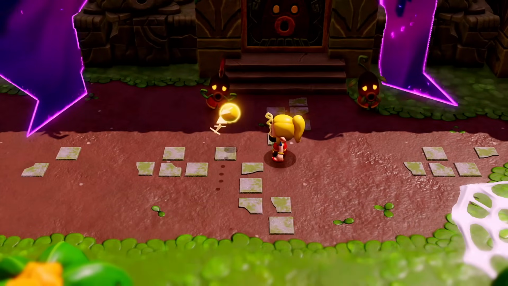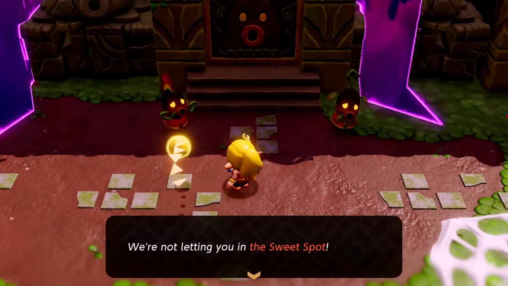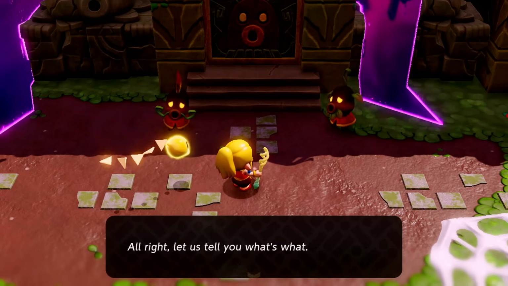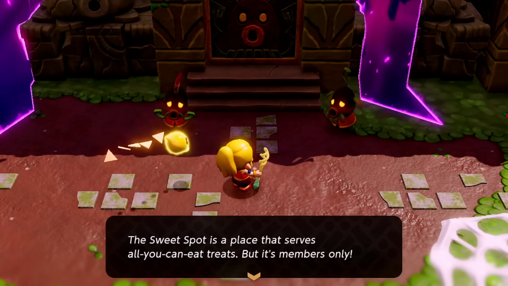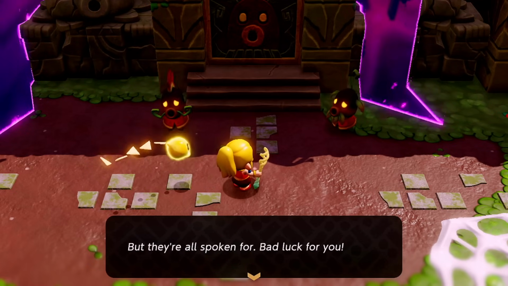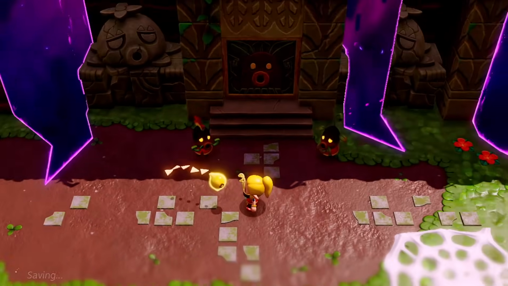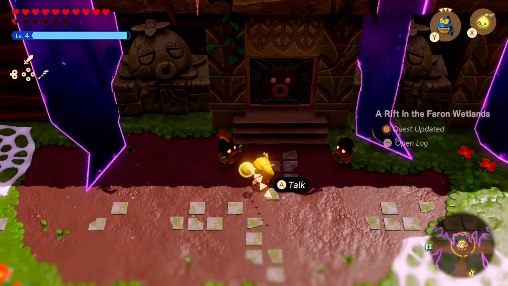You wait here, I'll go in and see if I can make an entrance. Hey you, what are you standing there for? We're not letting you in the sweet spot, that's what she said. The sweet spot? Ah, look at that blank expression, the telltale sign of a bumpkin. First time in the city, huh? All right, I'll tell you what's what. The sweet spot is a place that serves all-you-could-eat treats, but it's members only, that's right. And if you want to be a member, you need a membership card, but they're already spoken for, so bad luck for you. No scamming anyone. But the rift is right there. I guess we'll have to find one of those membership cards. I am the princess of every...